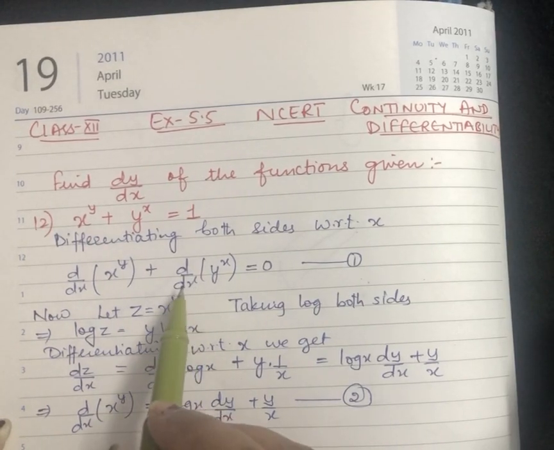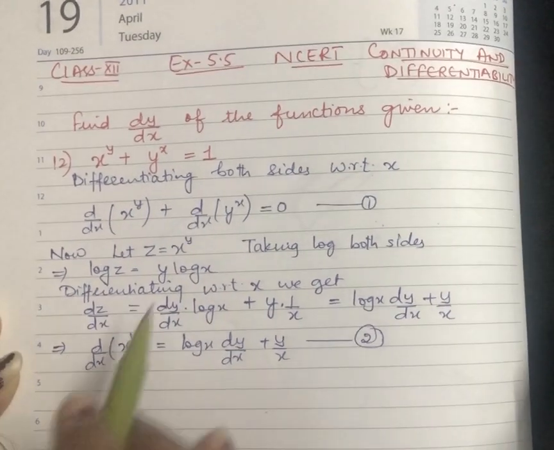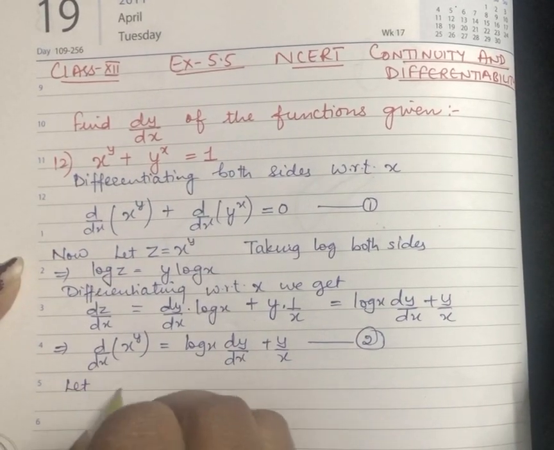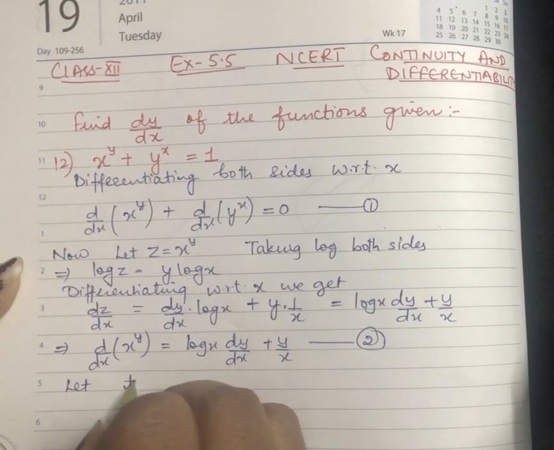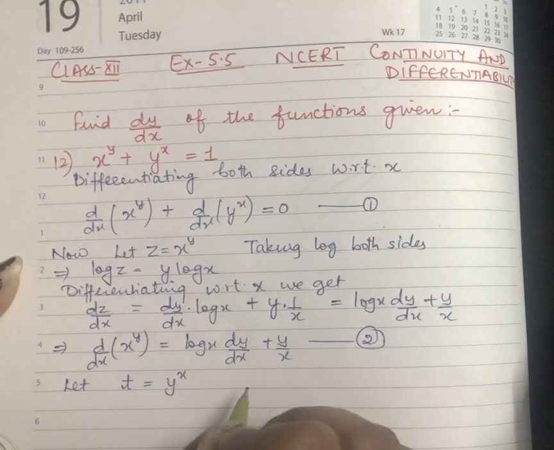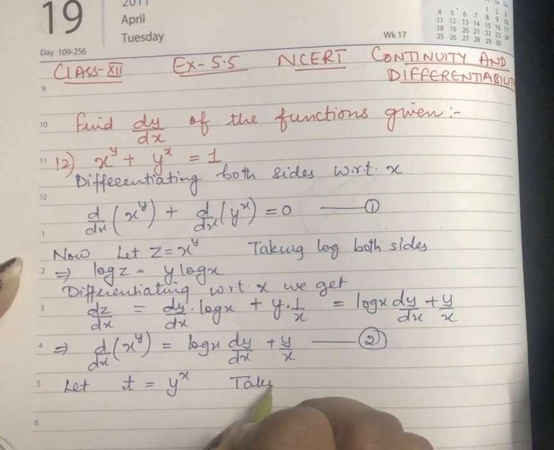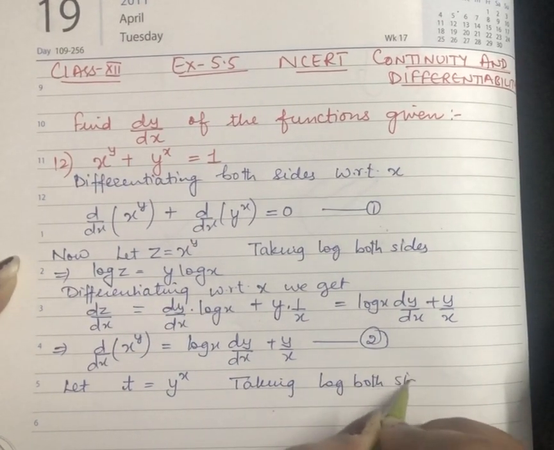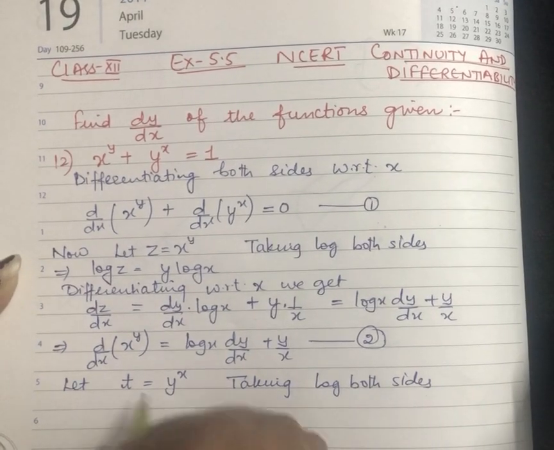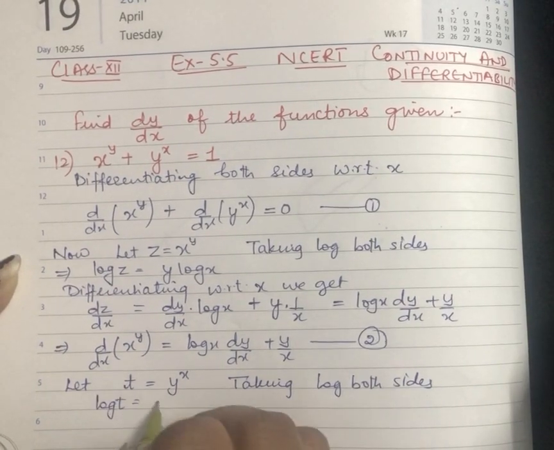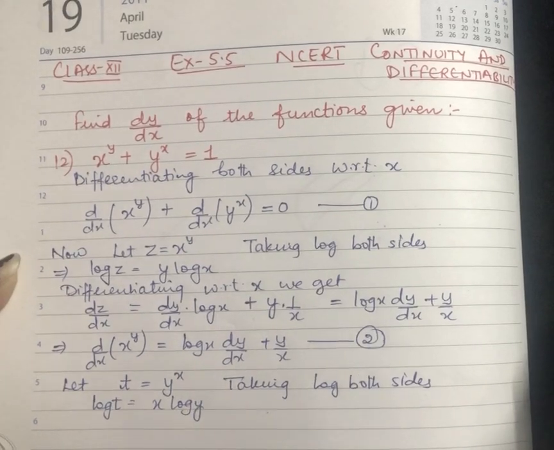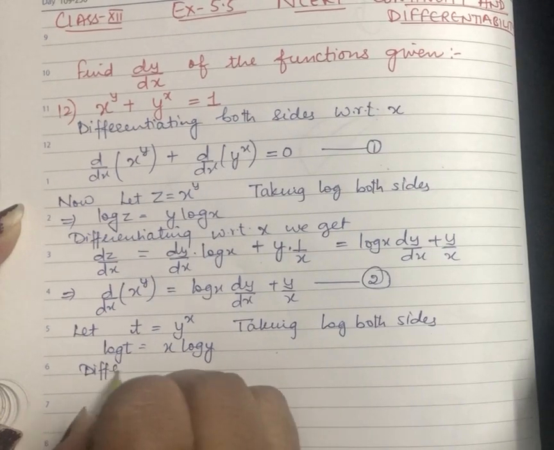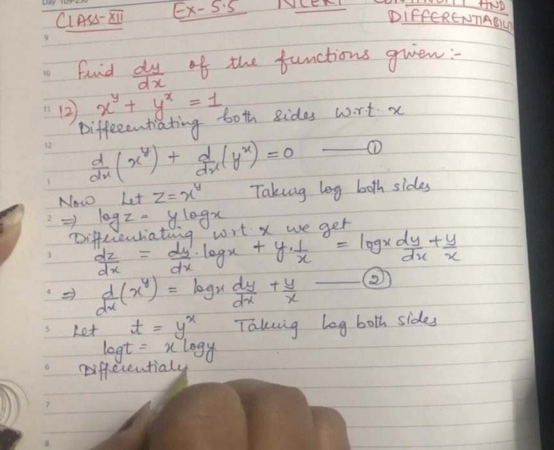Now we will find out differentiation of y to the power x. Now let t equal to y to the power x. Again taking log both sides, again we will apply logarithmic differentiation. So log of t is equal to x log y. Now differentiating both sides